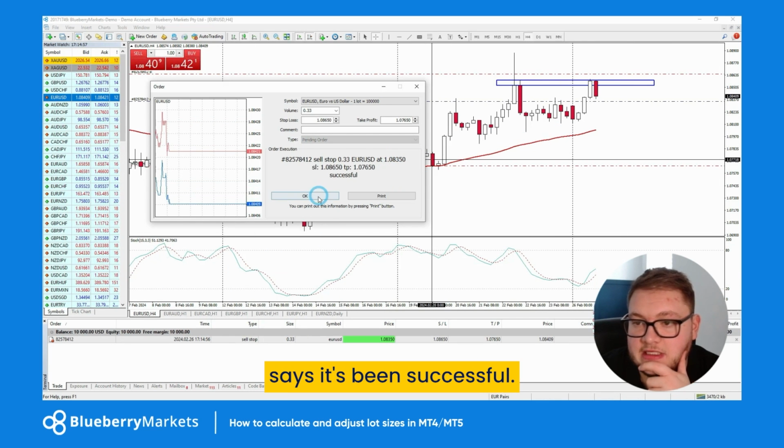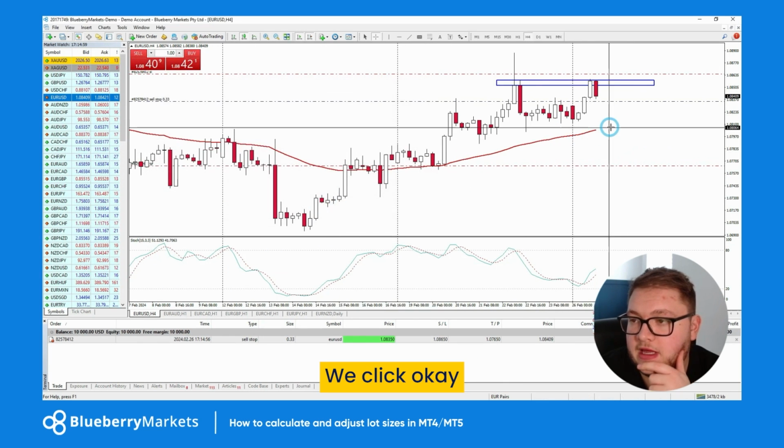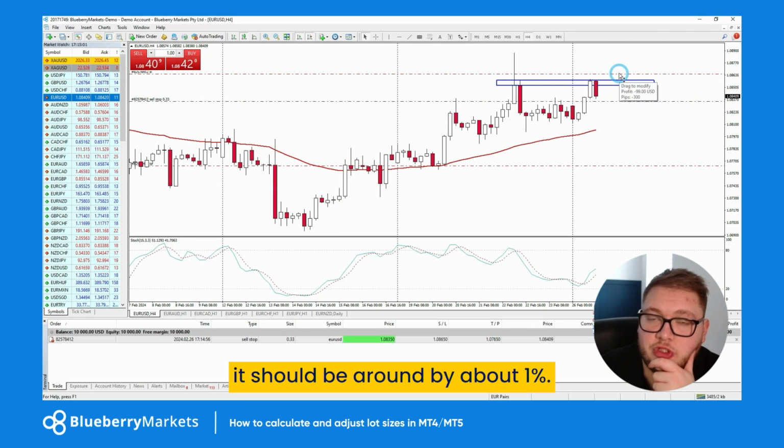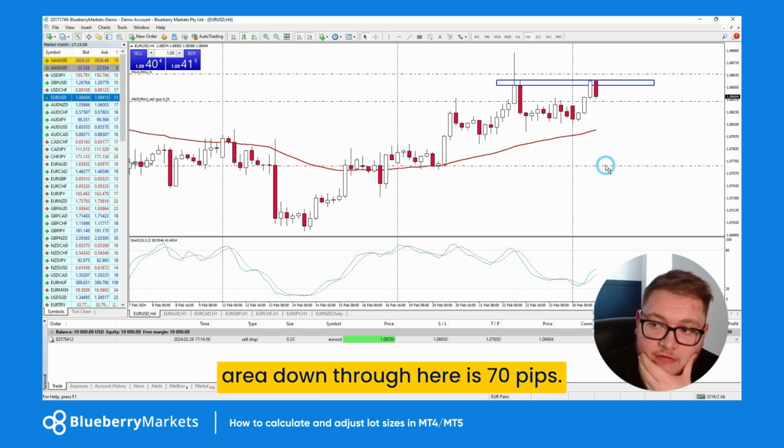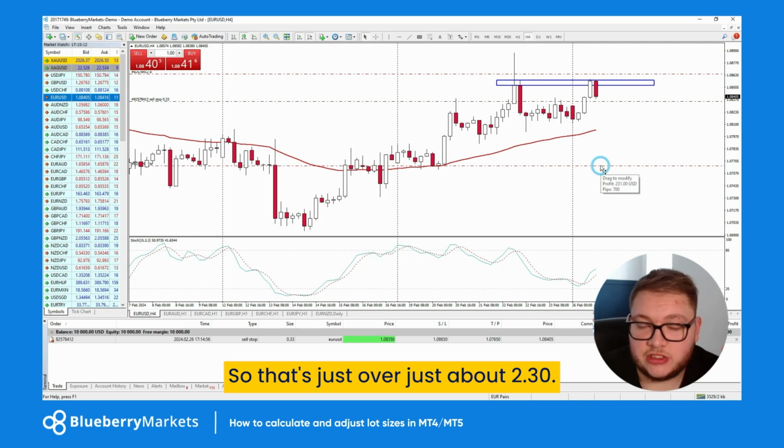Okay, so now you can see it says it's been successful. We click OK. If we hover over here, it should be around about that 1% mark. So that's the 99 US dollars there. You can see that the target area down through here is 70 pips, so that's just about 2.3